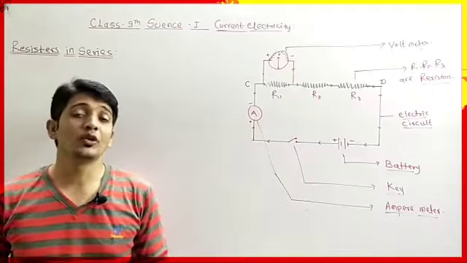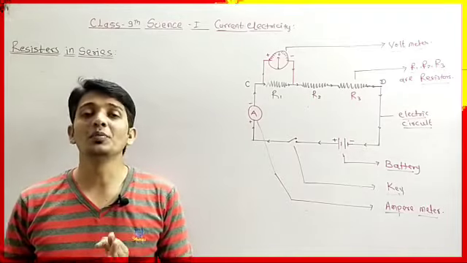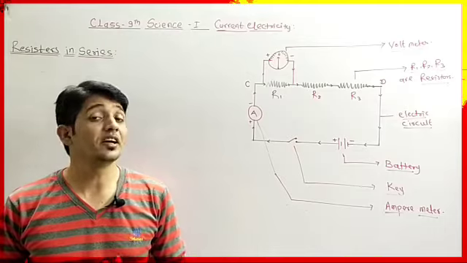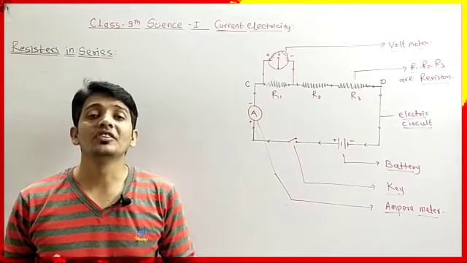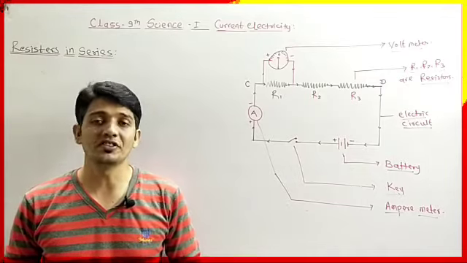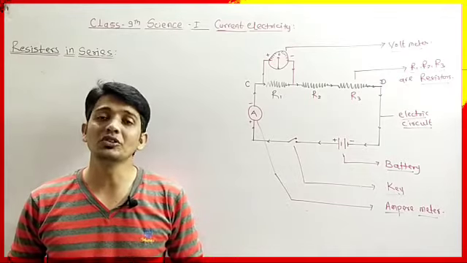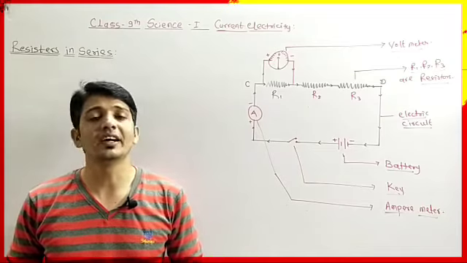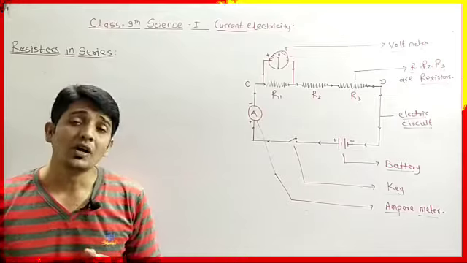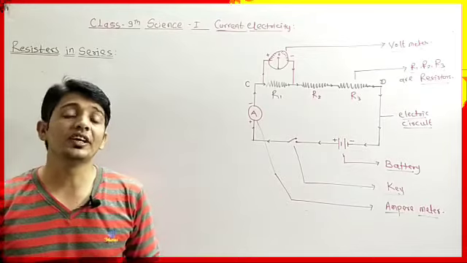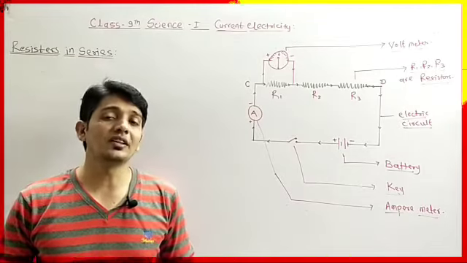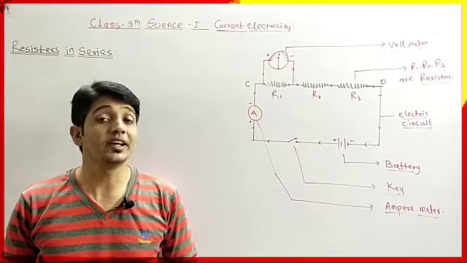So today we are going to start the new part of our chapter called current electricity. Today we will understand what the effect on potential difference is when resistors are connected in series, and when we use resistances connected in series. Series is when one or more resistances are connected in an electric circuit one after another in the same line.